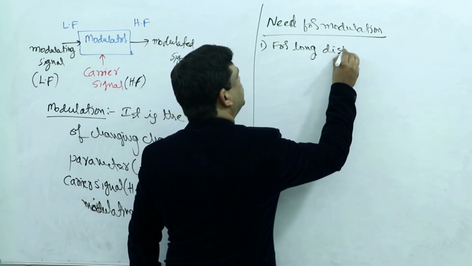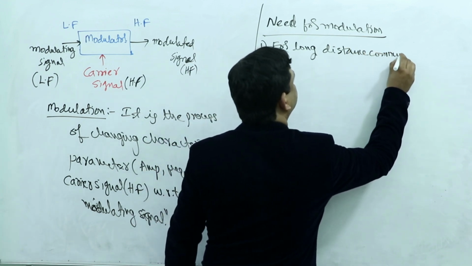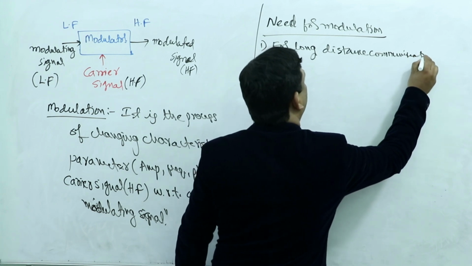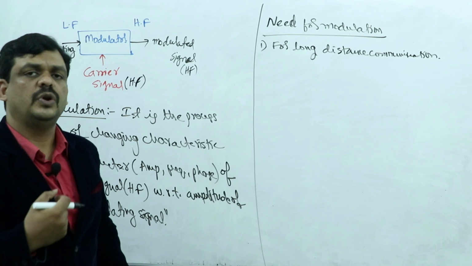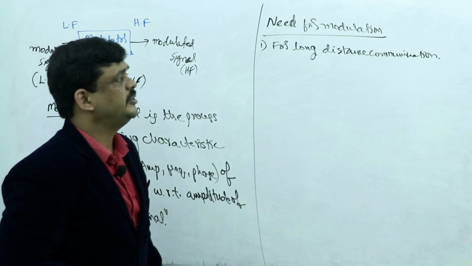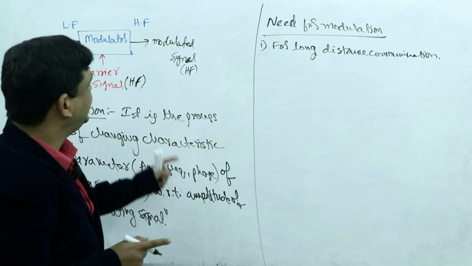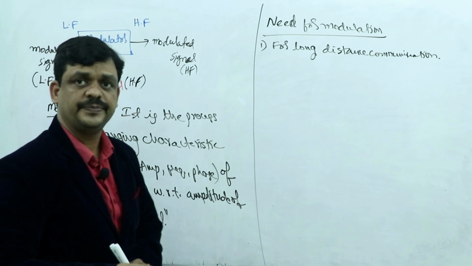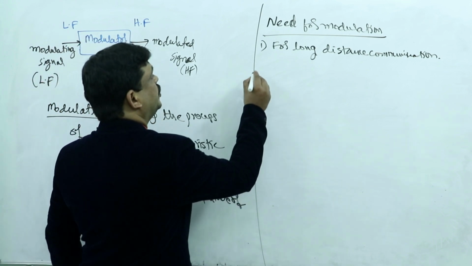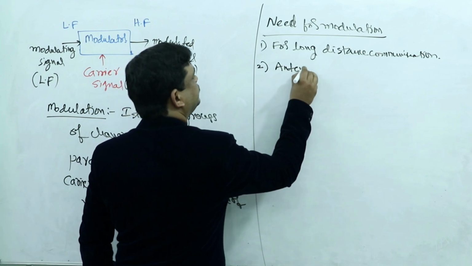The main application is here for long distance communication, because we have to transmit our signal, our voice signal or our information, up to long distance. So the main aim of the modulation process is for long distance communication. For long distance communication, what happens here? Low frequency signals are converted into high frequency signals, right? So due to that high frequency signals, then automatically antenna height